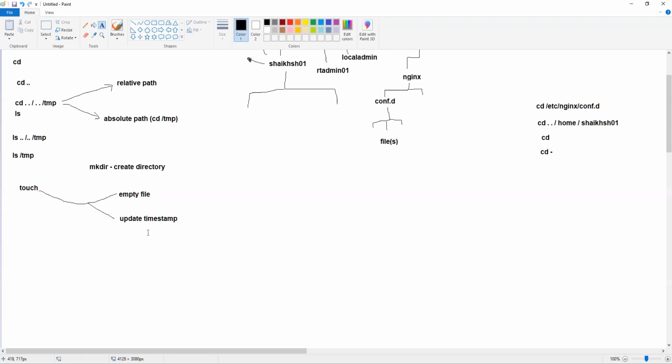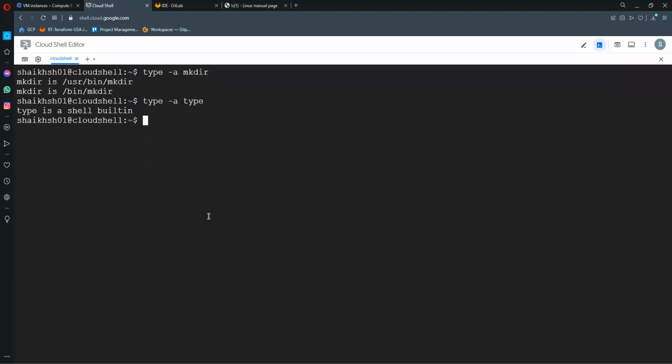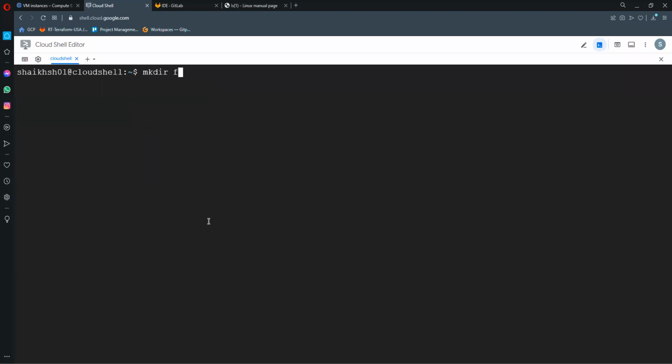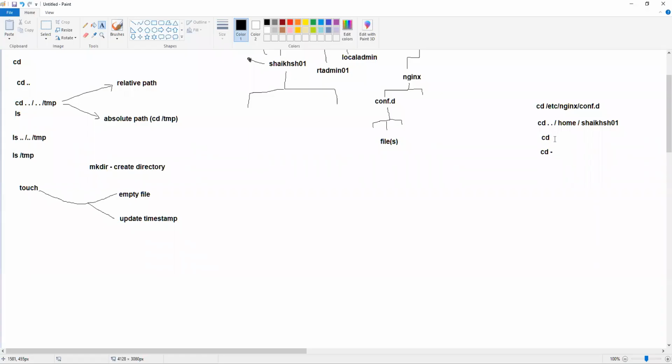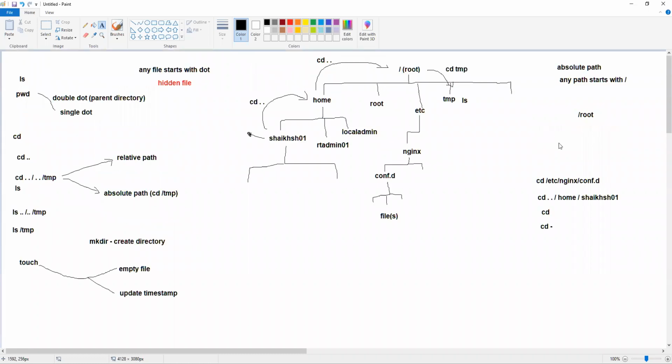or it can simply update the timestamp of the file. So what I mean by that, let me create a directory called files. Let's cd into the directory called files. And here, if I want to go back to my home directory, I can simply use cd and enter. That would be the way to do that. So that is relative. I mean, I'm actually not using a relative path, because what it said is